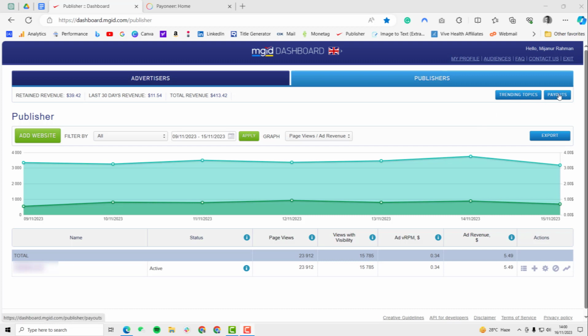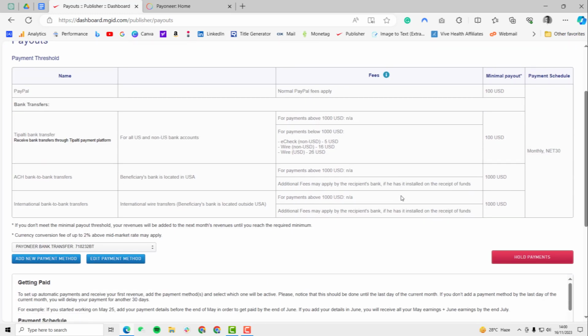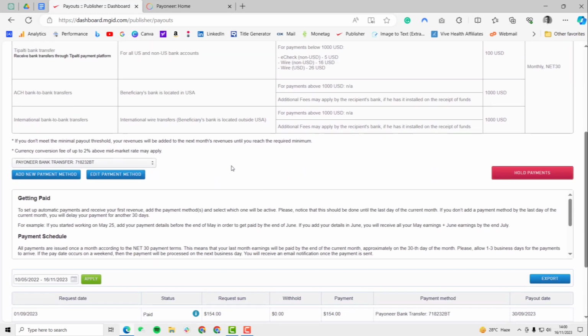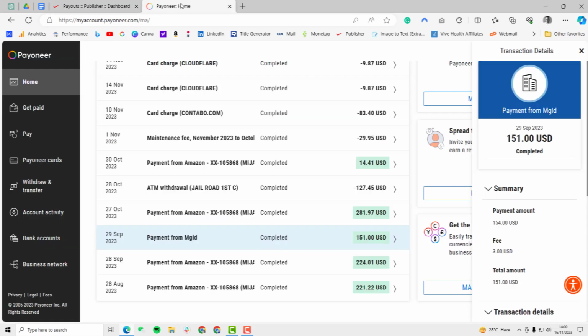For that, you have to click on the payout option. Okay, and this is a very straightforward way to connect your account. So in my case, you see I have made 2 withdrawals with my PayPal account and another transaction with my Payoneer bank transfer. To give you the proof, you can see here